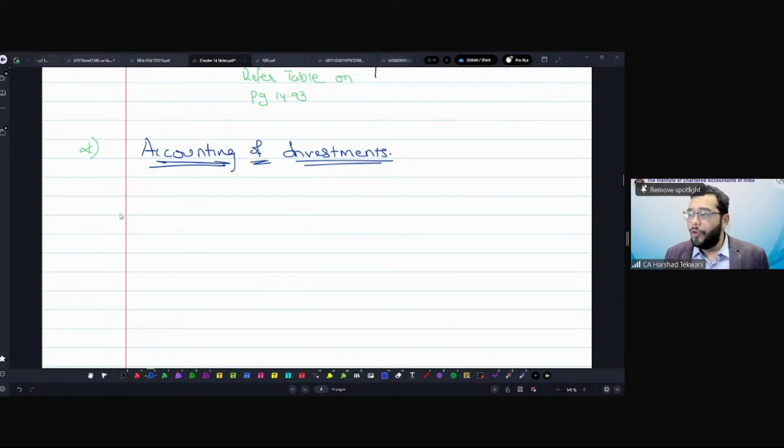Now how is accounting for investments required to be done? Usually, an NBFC has to divide its investments into certain categories, like whether they are quoted current investments, whether they are for the short term, for the long term, whether they are unquoted. Based on that, they have to value their investments. So when I talk about quoted current investments,